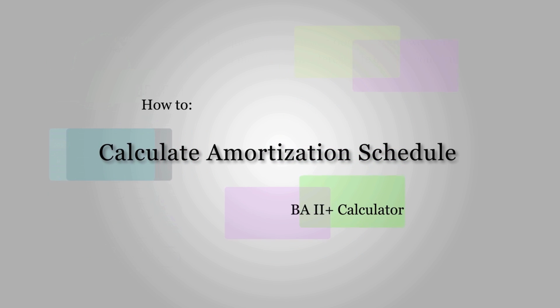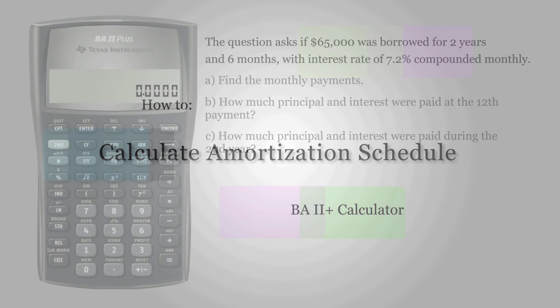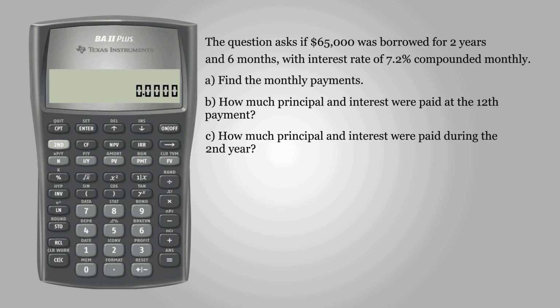In this video, we learn how to calculate an amortization schedule using the BA II Plus. The question asks, if $65,000 was borrowed for 2 years and 6 months, with an interest rate of 7.2% compounded monthly,